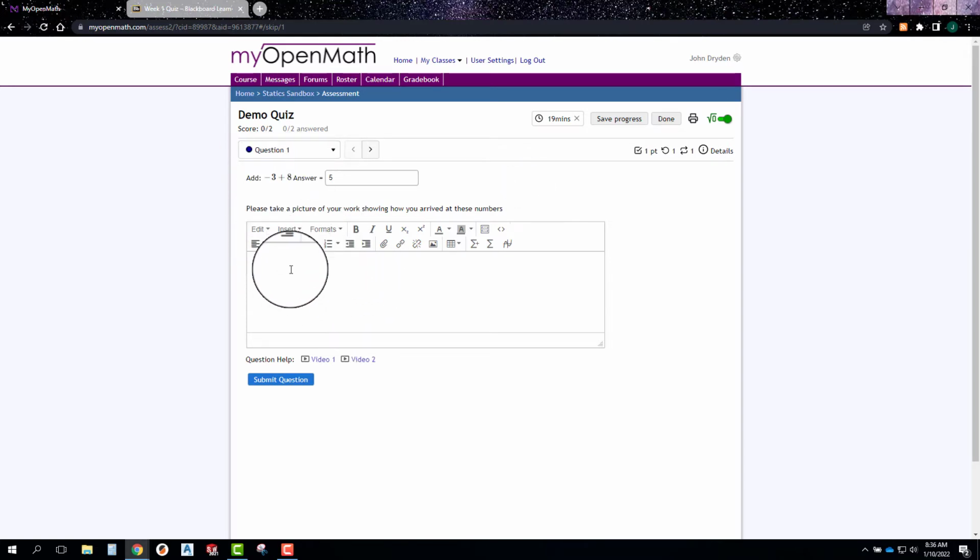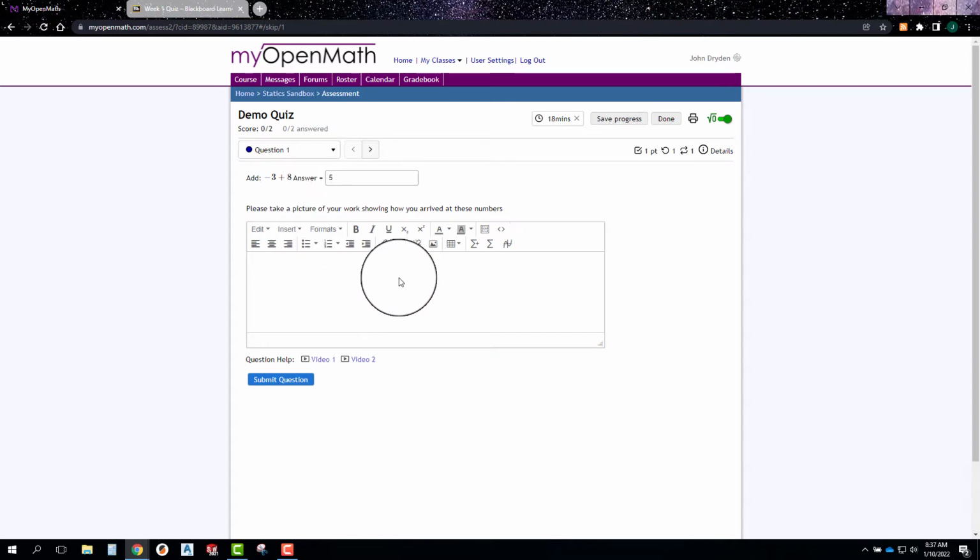This is basic enough, but in most of our questions in the engineering quizzes, they're much more in depth, and I want you to be able to show me your work so that you can prove to me how you got to your answer. And that way, if you get the auto grading part incorrect, so that's the nice thing about myopenmath, is it's going to actually calculate what the answer should be and tell you if you got it right or wrong. And on something like this, that's pretty obvious, but most of our engineering problems may take a full page of work to come up to an answer,